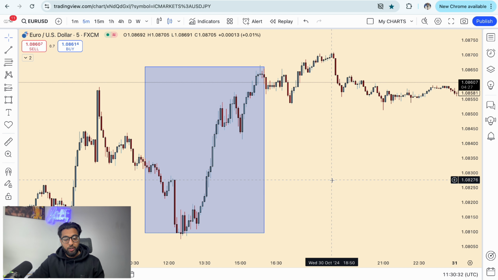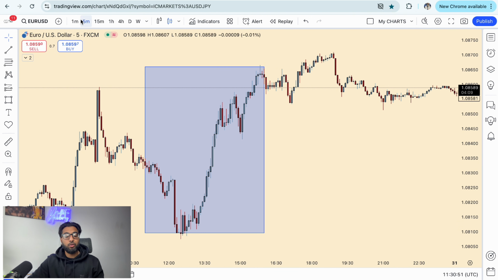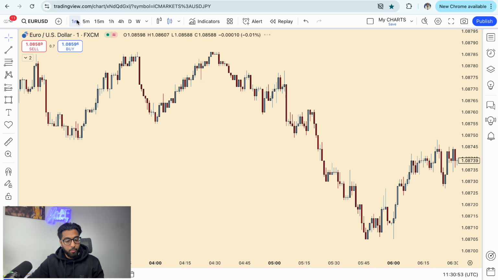Now, as a day trader, we don't need to go all the way to the 1 minute. A lot of traders like to trade the 1 minute time frame. For me personally, the 1 minute time frame has a lot of noise. Noise means that it has too many candlesticks for us to know what's actually going on. So for me, the maximum that I would go is a 5 minutes. I would look at the 1 minute